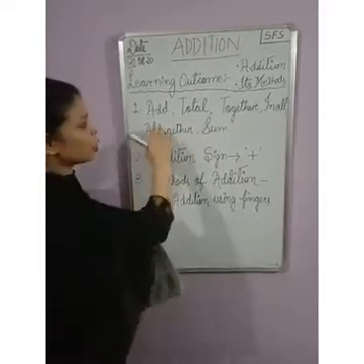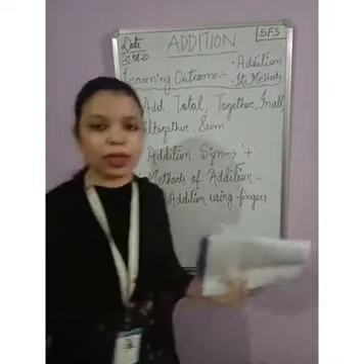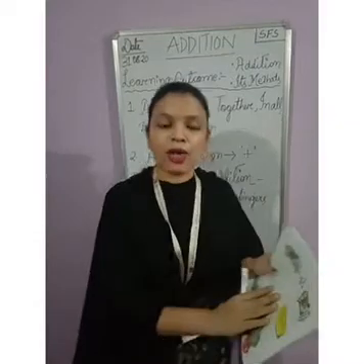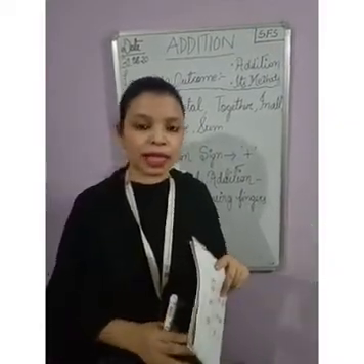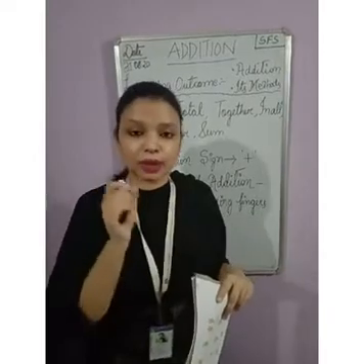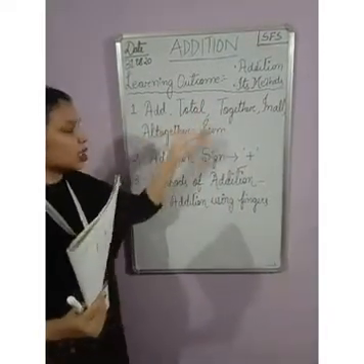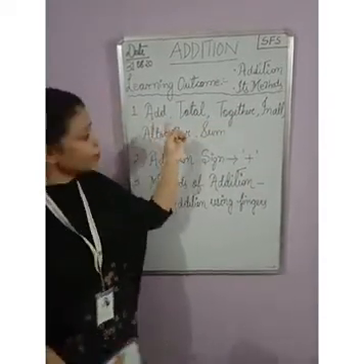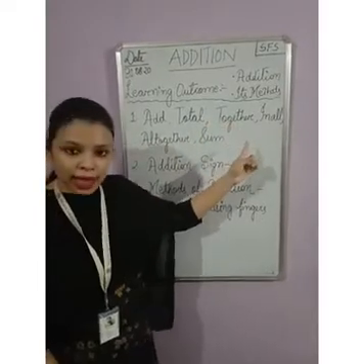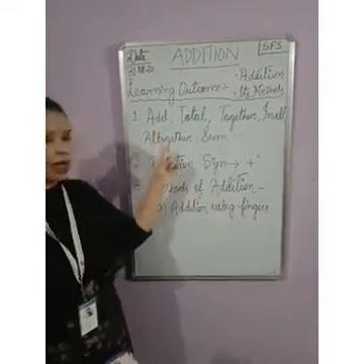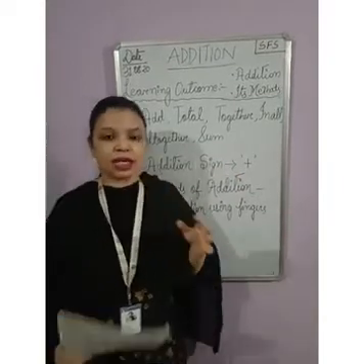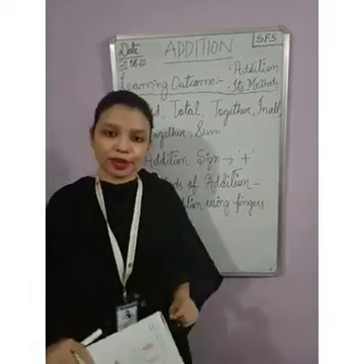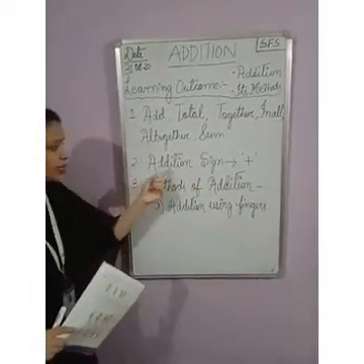So if you get these words in word problems, that means you have to combine the number of objects. Here we are combining the number of objects as well as the numbers, that is the numerals. These are the words which are used in addition: add, total, together, in all together, and sum. And addition, again I am saying, is combining or joining the number of objects. The next point you have to remember is the addition sign.